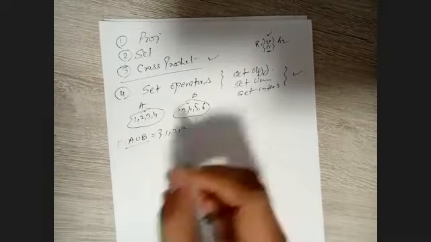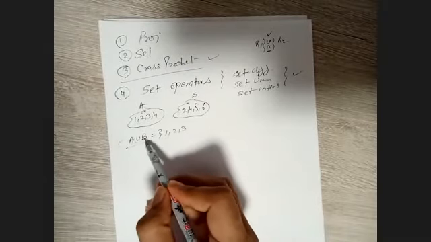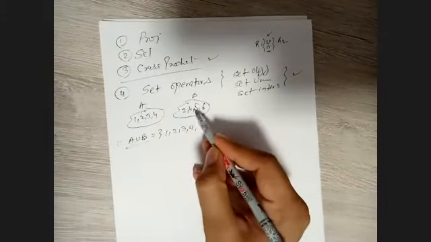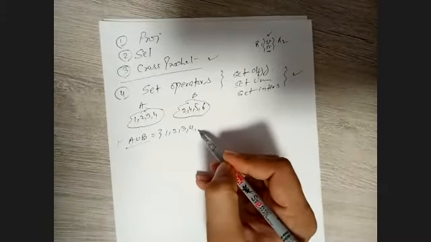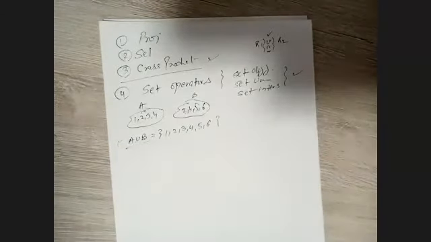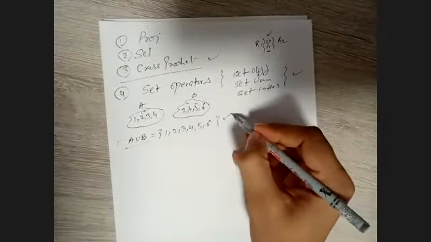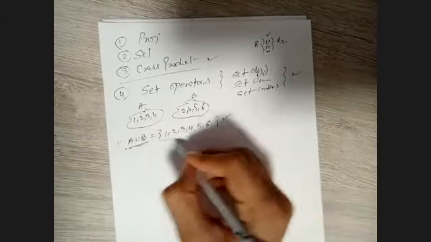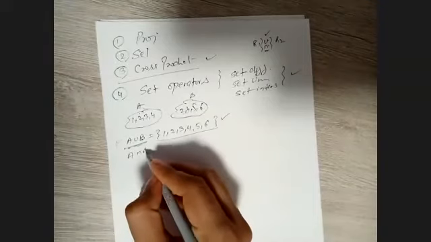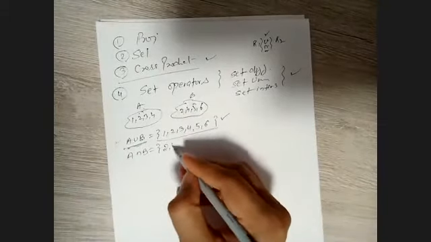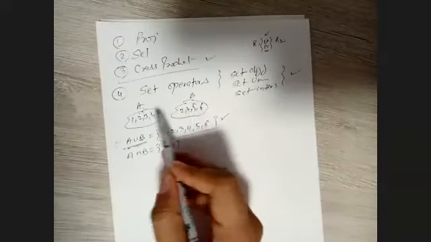1, 2, 3, all the elements of A union all the elements of B. So 1, 2, 3, 4. Now 2, 4 are already there, so we will not repeat the values here. The rest of the values we are going to write here, right? So the thing to take care of here is there is no repetition in A union B. We have the distinct values here. For example, in A intersection B, we will have 2 and 4, right? That's the common part for both A and B.